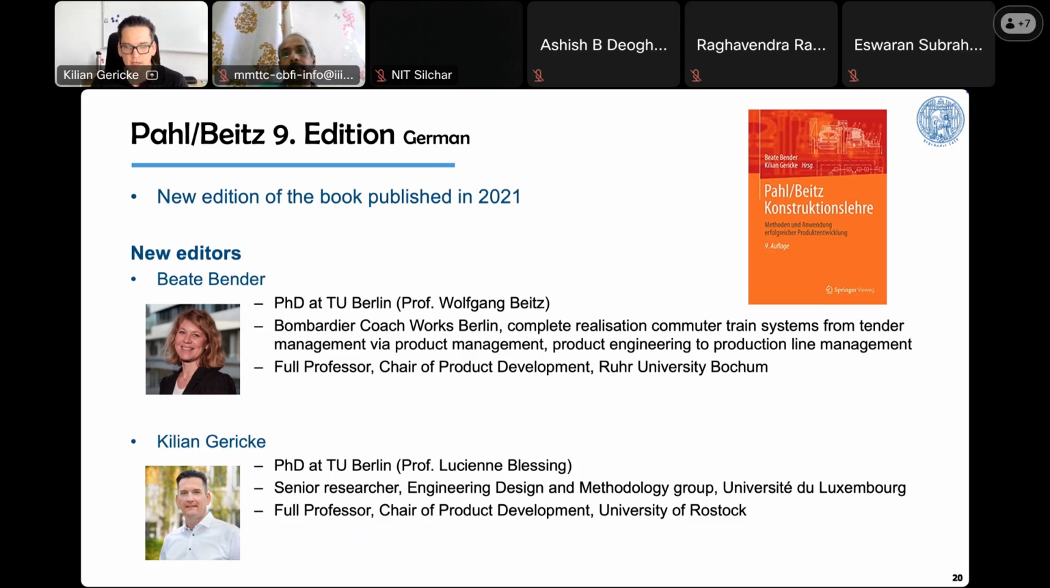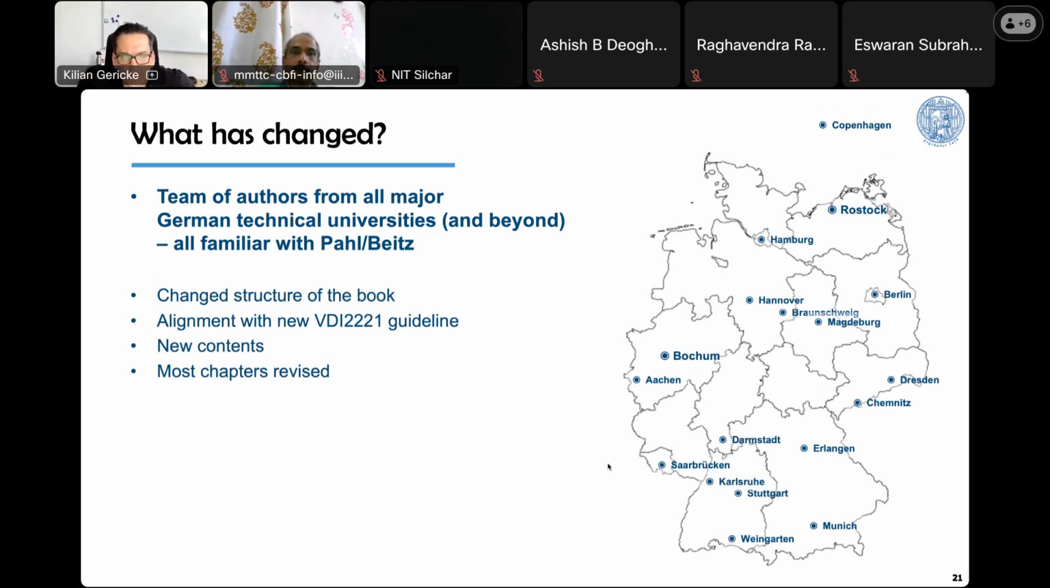I don't want to say we will finish next year and have that book published next year, but I hope so, that 2025 marks the date for publishing the fourth English edition, which is based on the ninth German edition. We will see. But what is new? First, the book Pahl and Beitz is now an edited volume. That's one important change and was a necessary change because of the vast